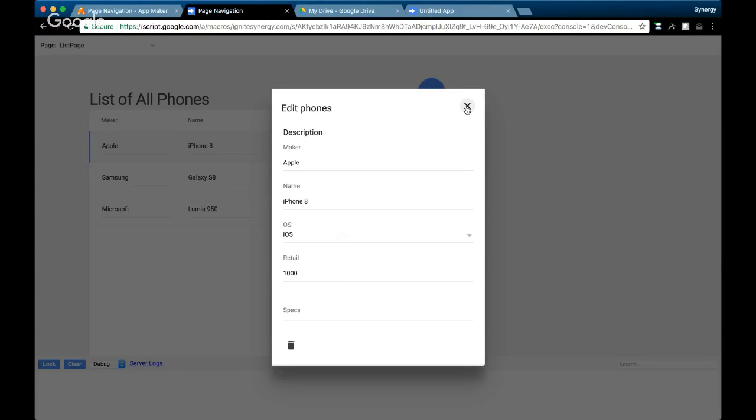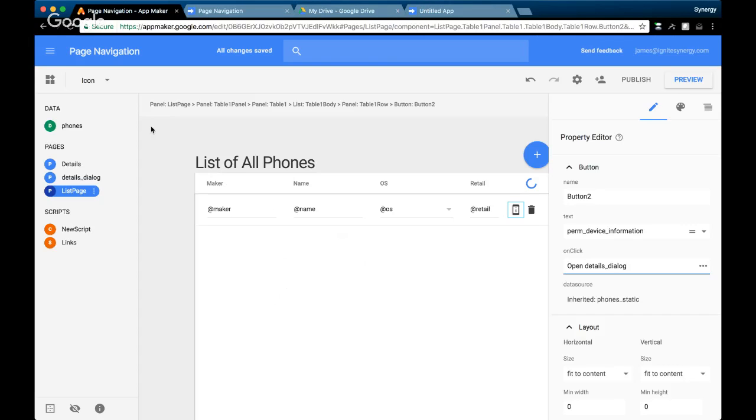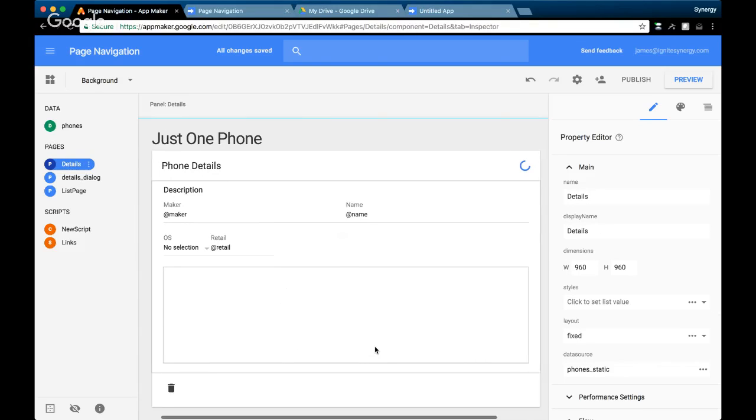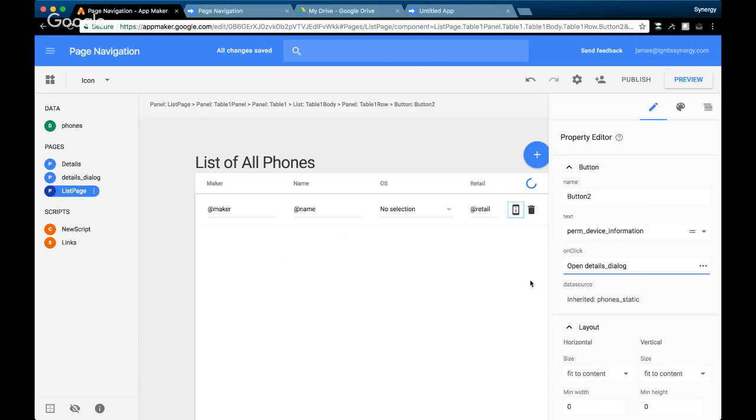Now, if we want to navigate to, say, a page, a larger profile, so something like this details page where it's going to fill a whole screen, it's not just something that would be appropriate for a pop-up. You might have a lot of other things going on inside that screen and a lot more data, and you just need to use the whole real estate. So you actually want to go to a new page, not just a pop-up within that page. So the way we could handle that, or the way that would seem intuitive, is when we use the regular navigation, we just say navigate to page, and then details, and if we load that up,